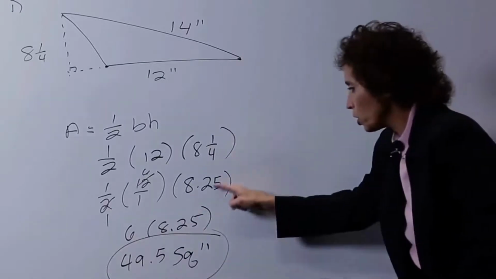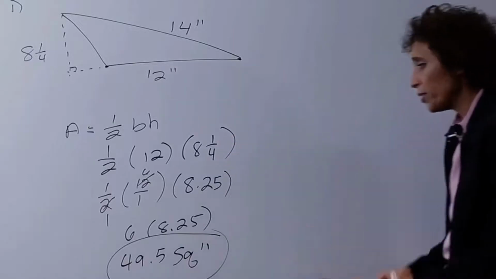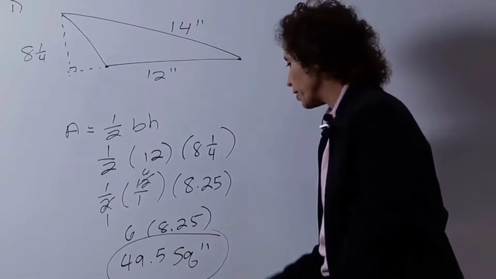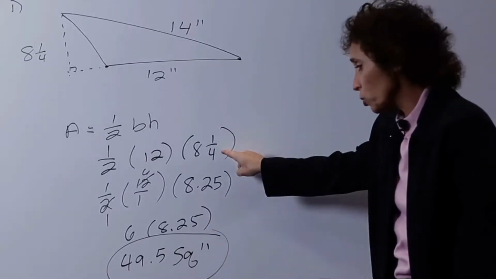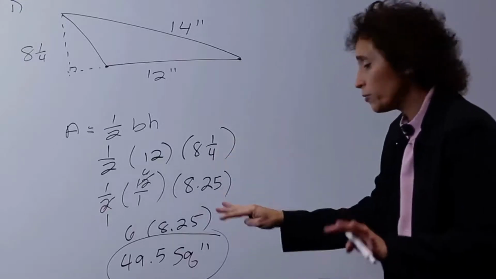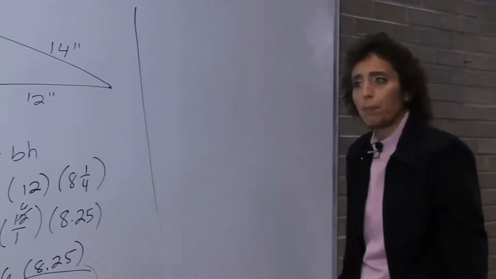But your choice, whether you want to change this to a decimal or to a fraction. But you can't leave it a mixed number, remember. You can't multiply mixed numbers. You have to change them to either improper fractions or decimals. And I would only change it to a decimal because it's a terminating decimal. If that was 1/3, I would absolutely not have changed that to a decimal. Okay? Now let's look at the parallelogram.